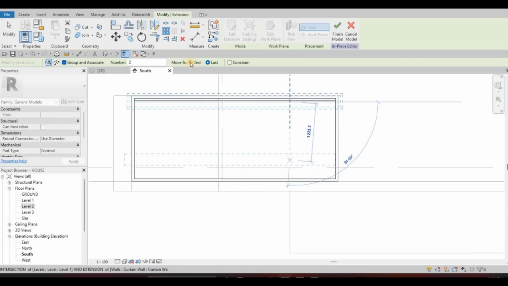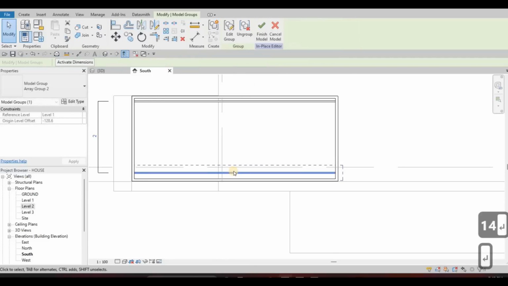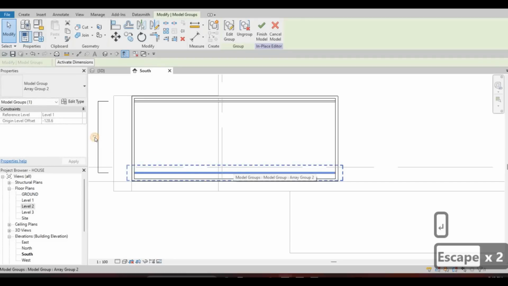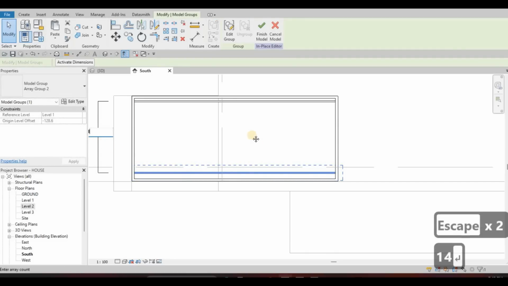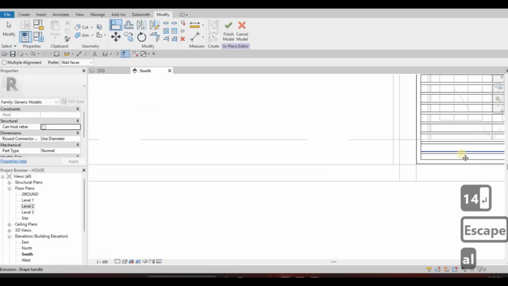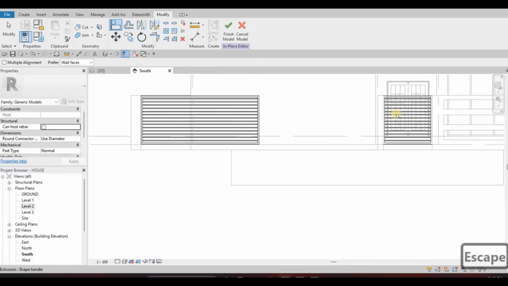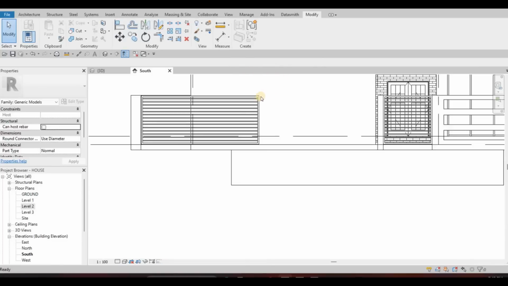go all the way to the last, sorry, and then we could do 14, and then we could just align this one from the bottom so that everything is equally spaced, similar to the gate. And then now we just need to click finish, and then